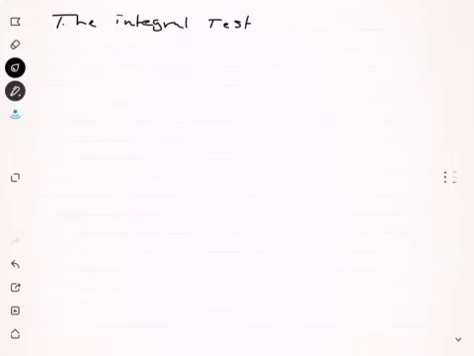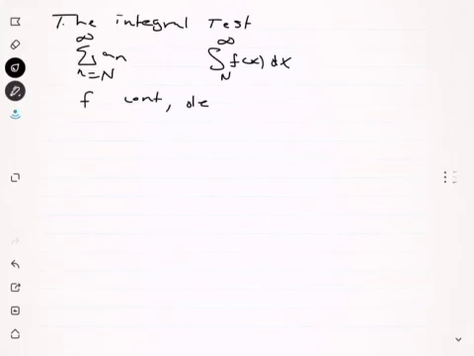If you have a series that goes from n to infinity and you have an integral of f of x dx that goes from n to infinity, as long as this function equals a_n for positive integers and f is continuous, decreasing and positive,